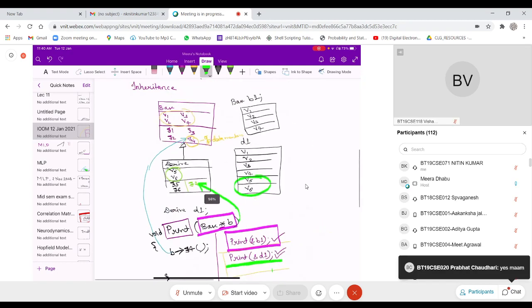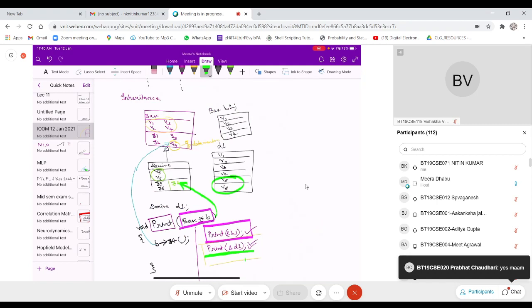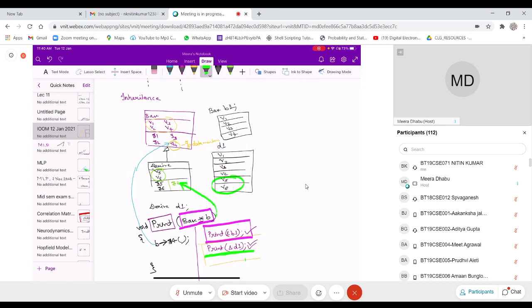Okay, thank you. So now there are two definitions of f4, one in the base class and another in the derived class. Based on the actual arguments you have passed, it should execute the appropriate definition of f4.